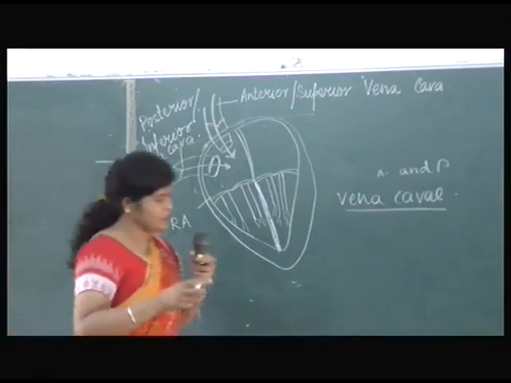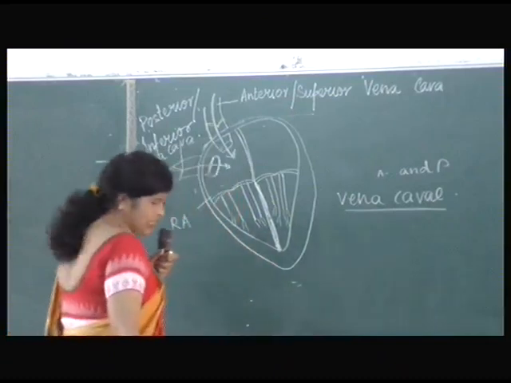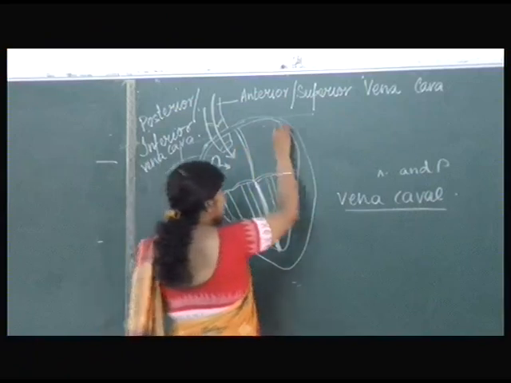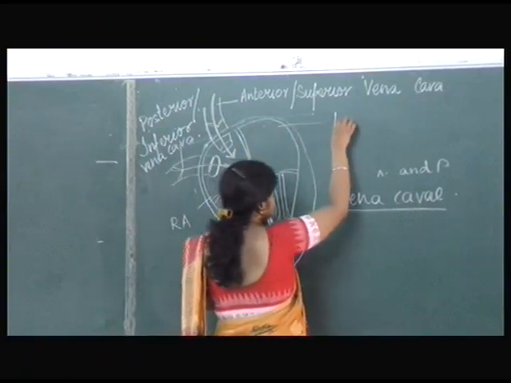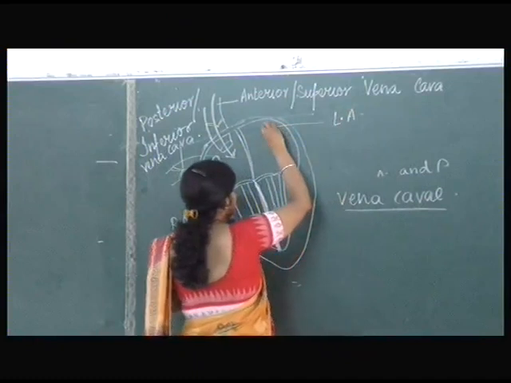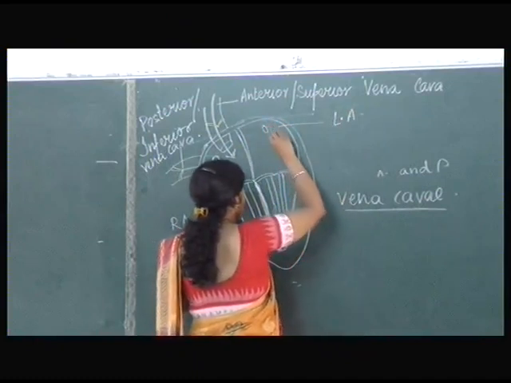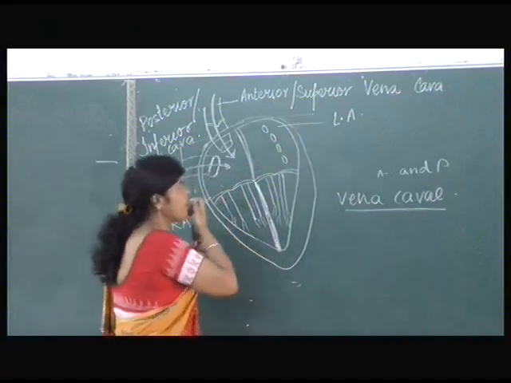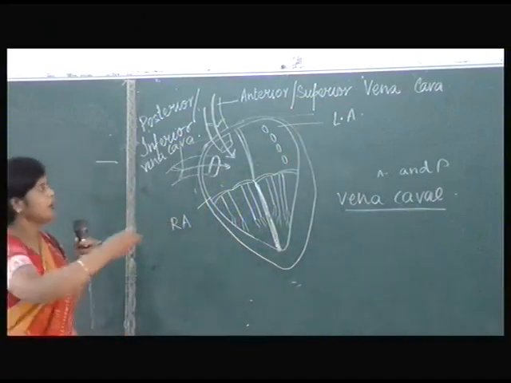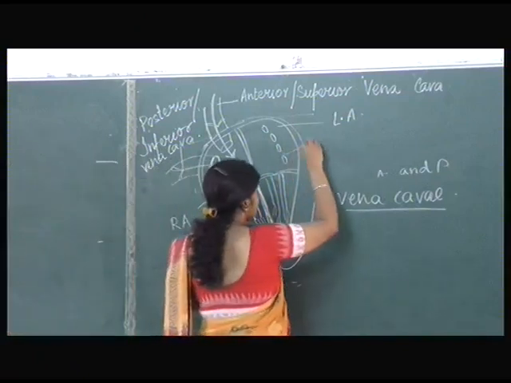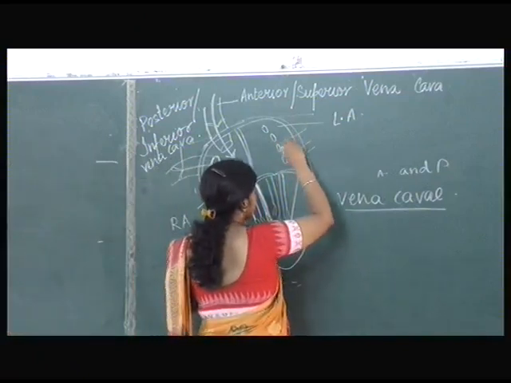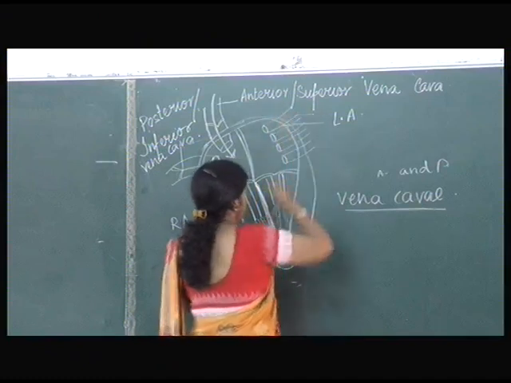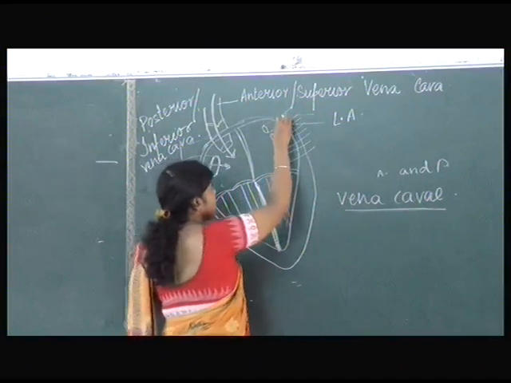Now let us finish with this. Now the next chamber, we are talking about receiving chambers. Now let us finish with the receiving chambers. This is the left auricle. Is it clear? In the left auricle, there are 4 veins opening. Again it is bringing blood towards the heart, away from the organ. So here there are 4 veins opening. These are the pulmonary veins. Again, they naturally have valves in them.